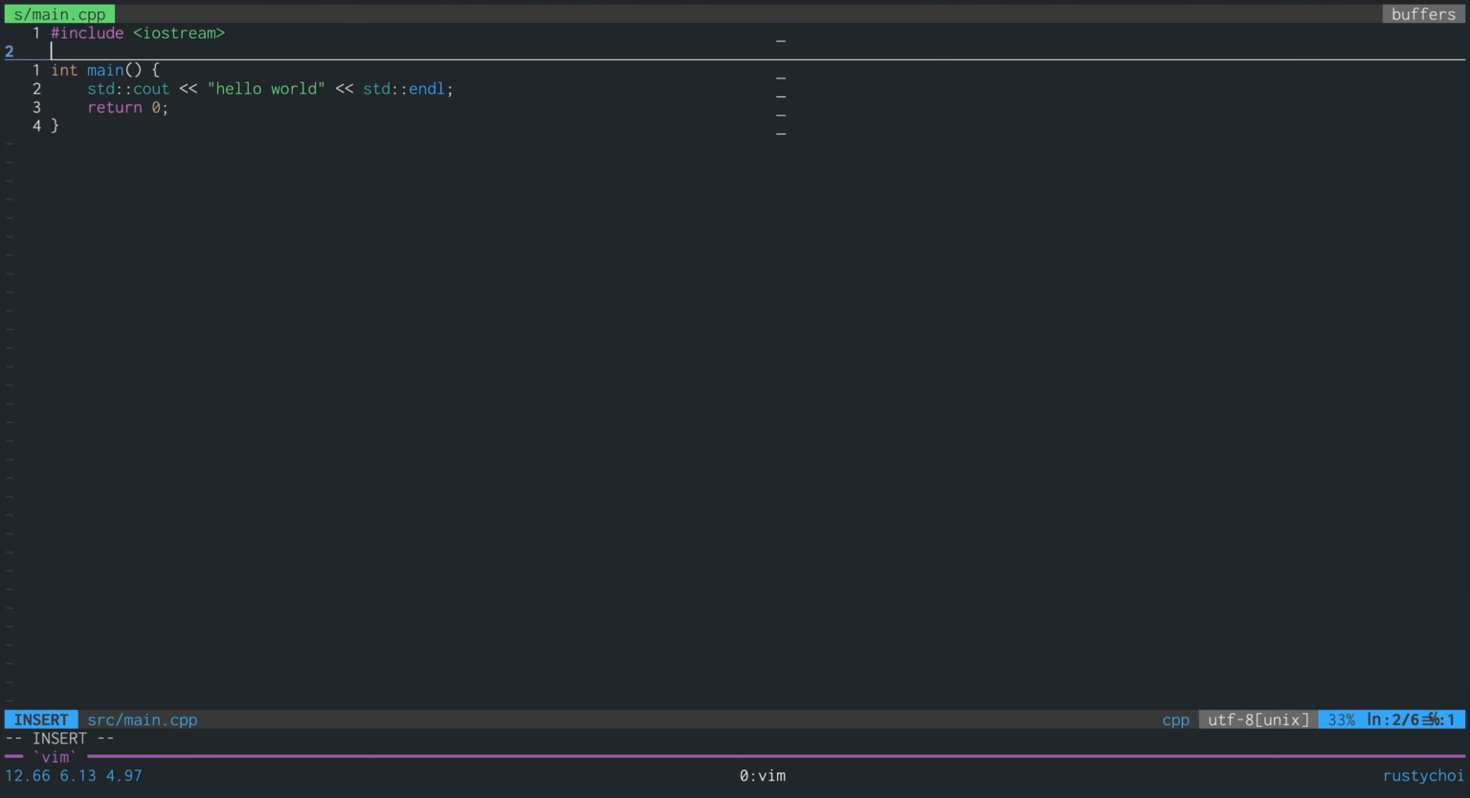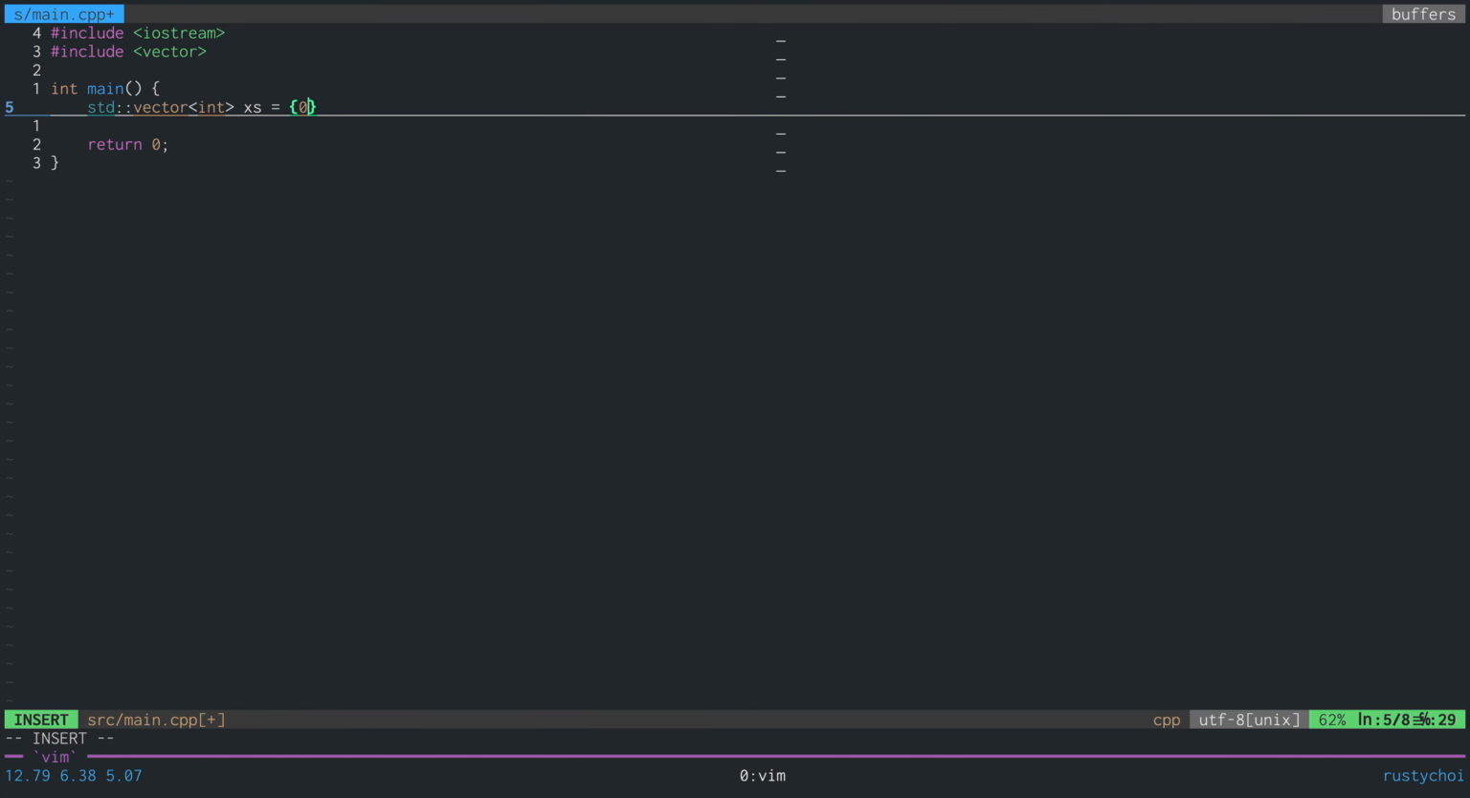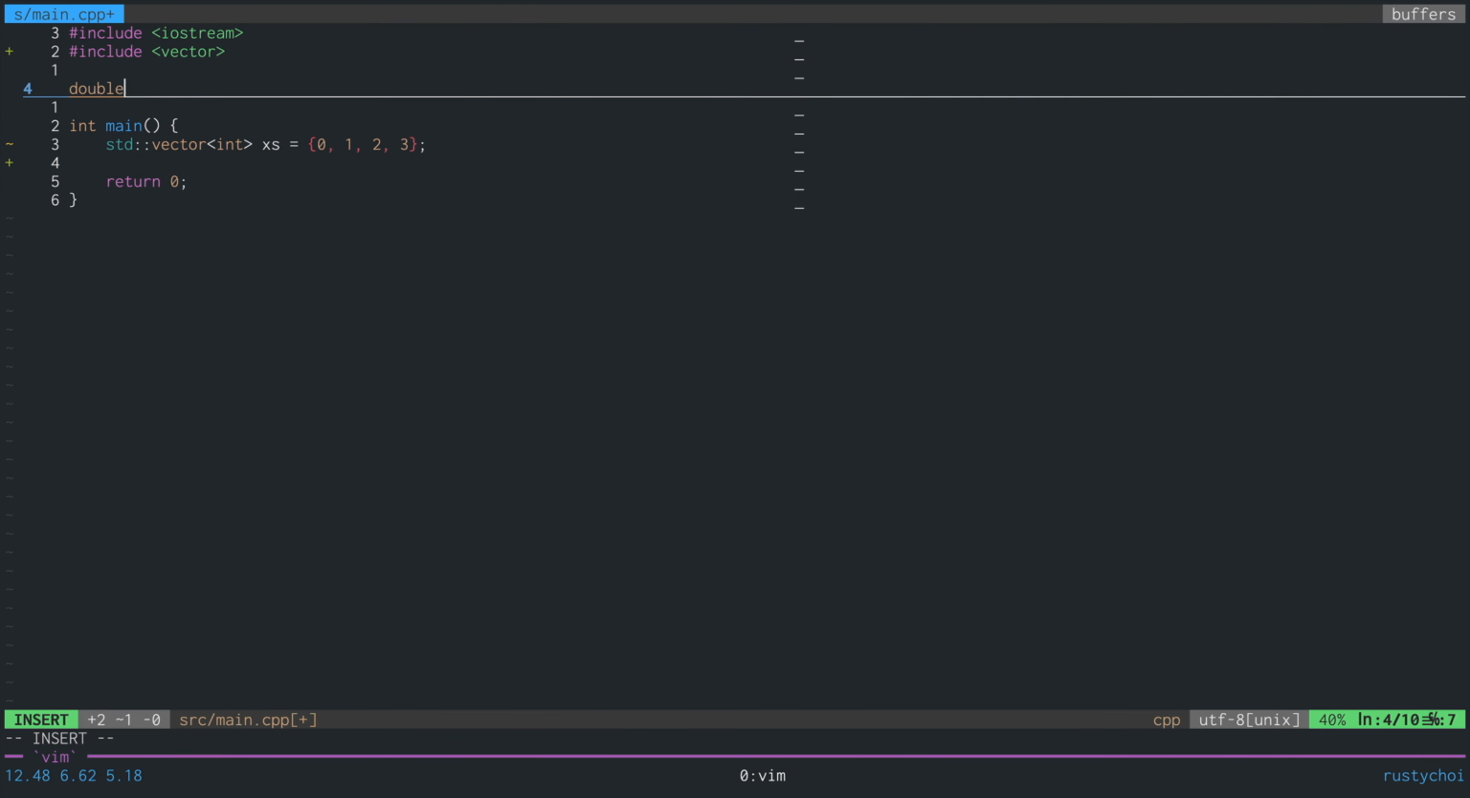To show the difference between pass by value and pass by reference, let's use the example of taking a vector of numbers and doubling each of those numbers. So first, let's create a vector of ints containing 0, 1, 2, and 3. And second, let's write a function that doubles each number in this vector. In other words, we want a function that multiplies each number by 2 so that this vector becomes 0, 2,